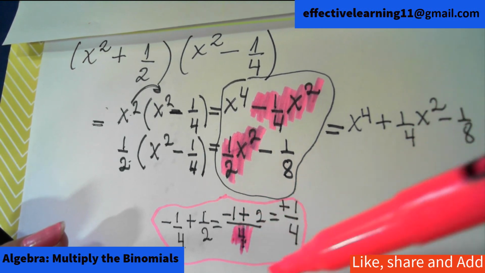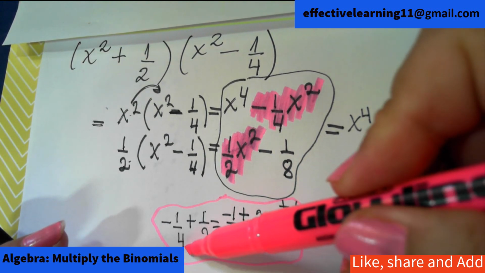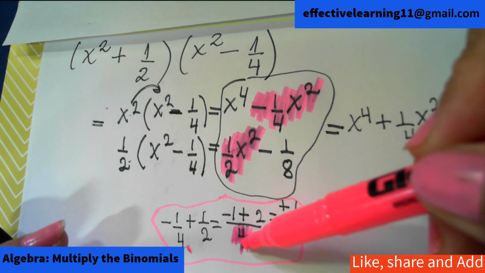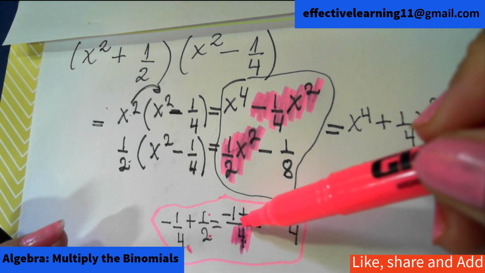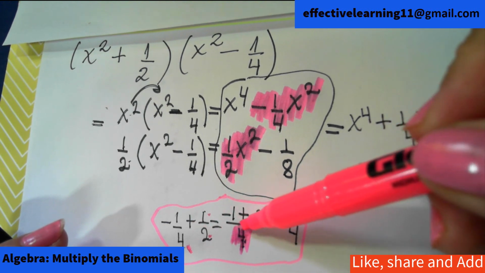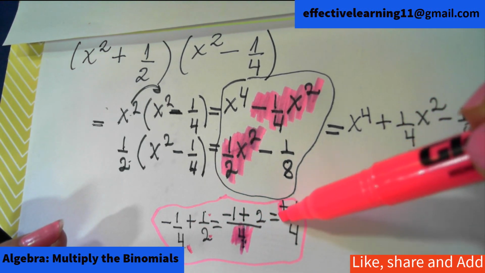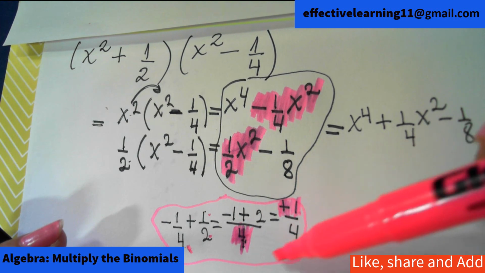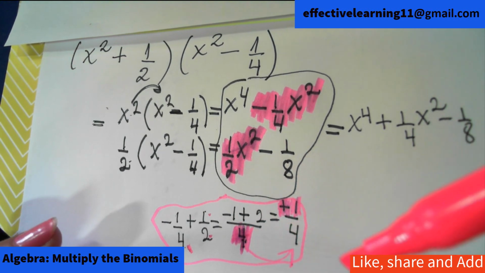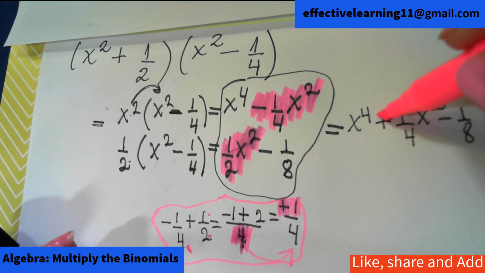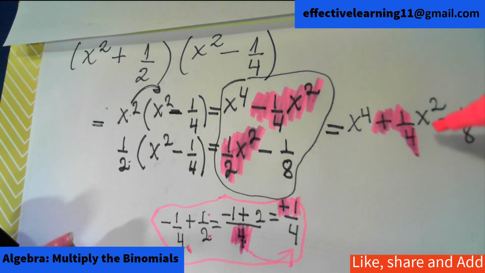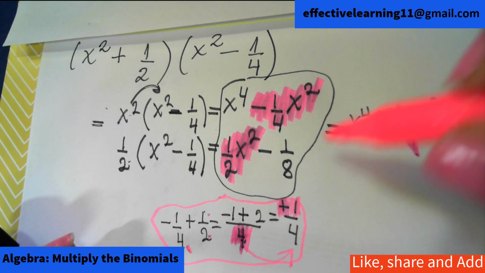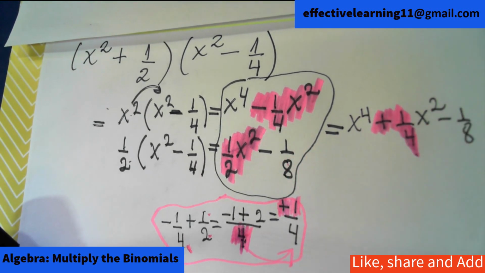The common denominator is 4. 4 over 4 is 1 times negative 1, negative 1. 4 divided by 2 is 2 times 1 is 2, plus 2, remember. Negative 1 plus 2 is positive 1. Remember, you have to copy the same denominator. So your answer is positive 1 over 4 x squared minus, remember this last term you have to copy, negative 1 over